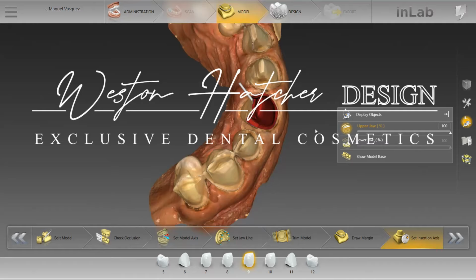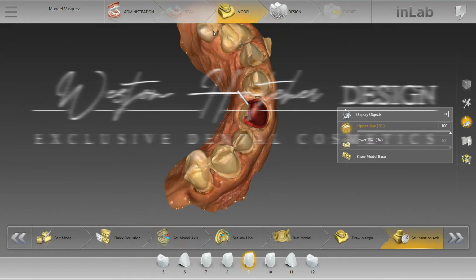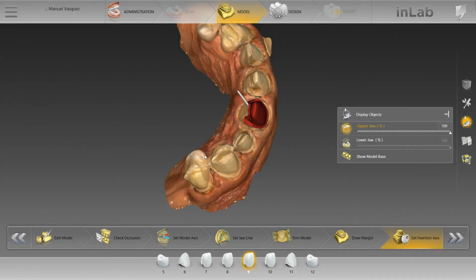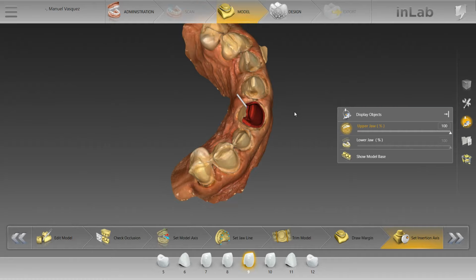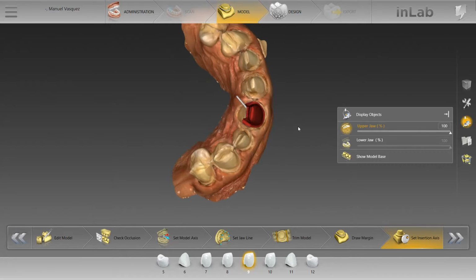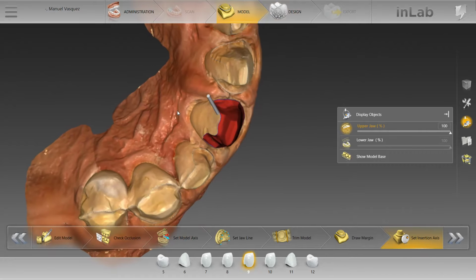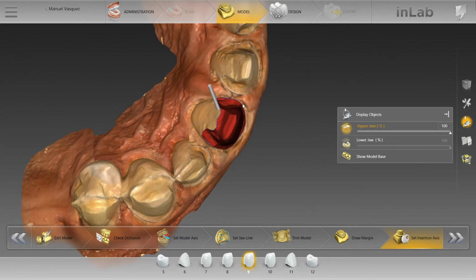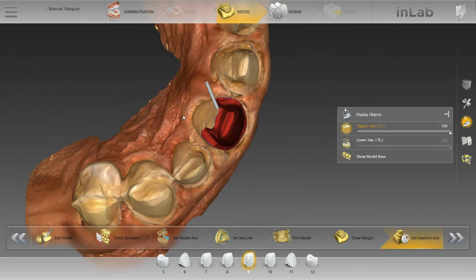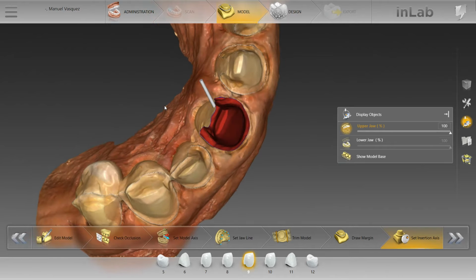Hi everyone, so just wanted to get another quick video out for multiple unit anterior case design. This is 5 through 12. And thus far, I've only marked the margins and I'm working on the path of insertion, and I got about here when I decided to start recording this. I'm gonna explain my process, go through some of my techniques, and try and contribute as much as I can